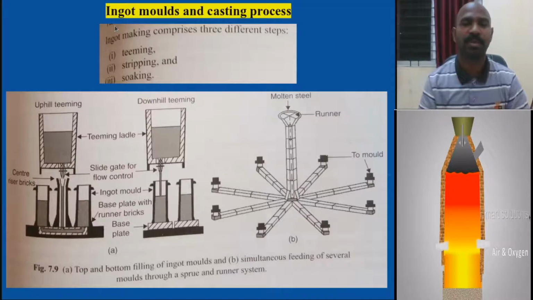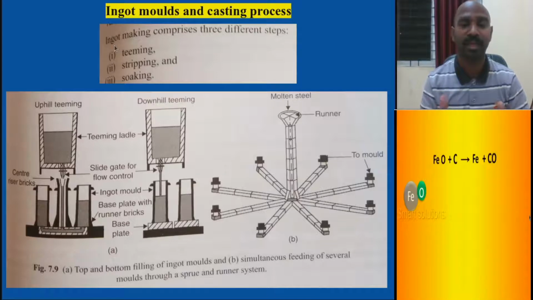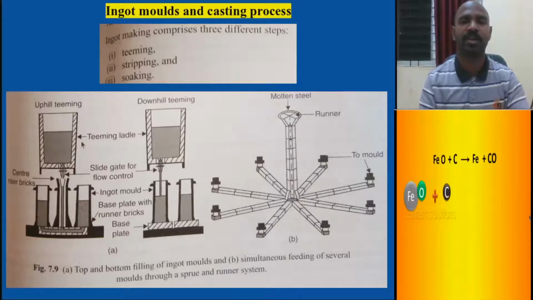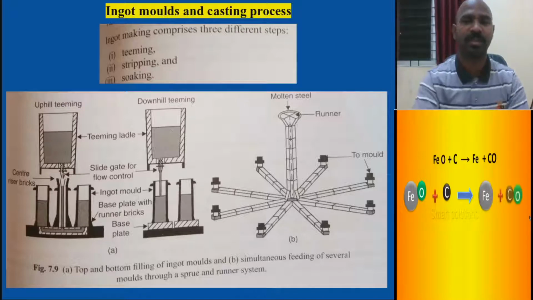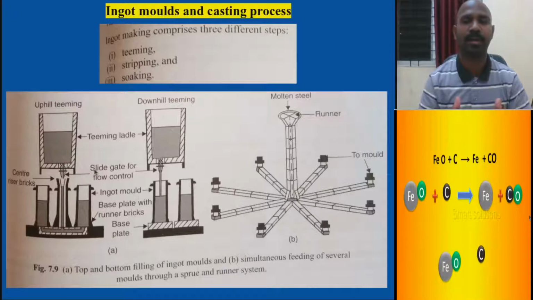Now let me take a few examples of ingot molds and the casting process. Initially you take liquid steel and fill the ladle and allow it to flow through the bottom plug, which is controlled with a sliding gate for flow control of the liquid steel.